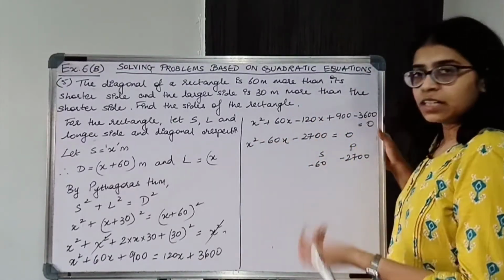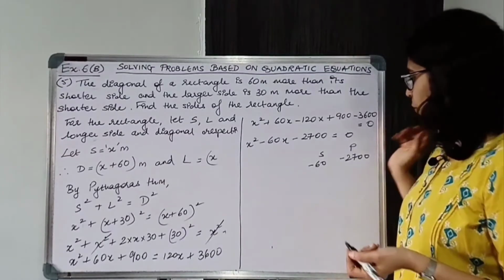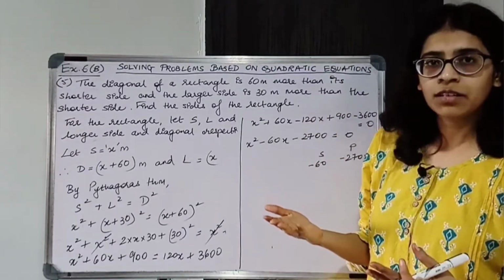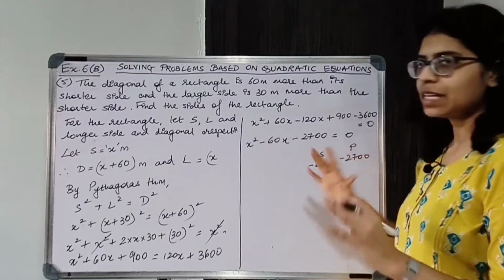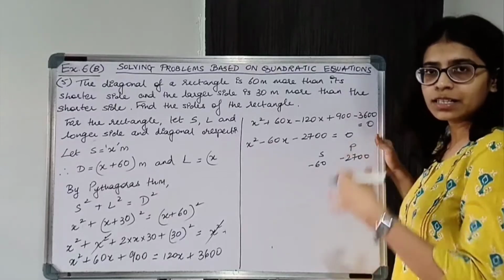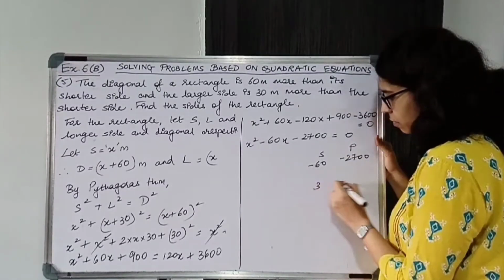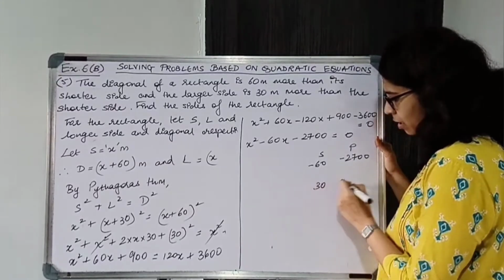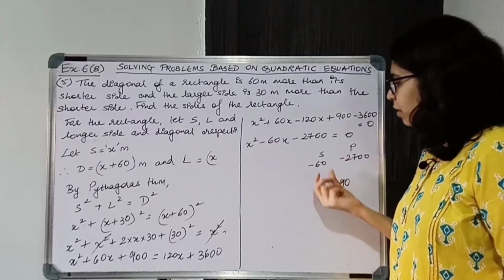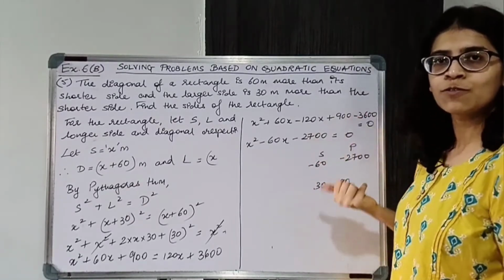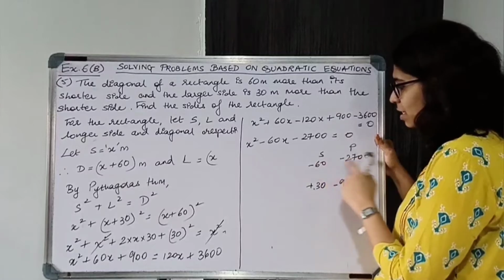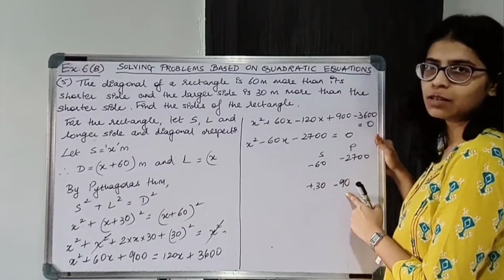So finding the factors of 2700. Now over here the difference is in tens, so we will consider multiples of tens only. So 27, what can the factors of 27 be? If we factorize 27, we get 3 nines are 27. Instead of that, consider 30 and 90. 30 into 90 will give me 2700 and the difference of both will give 60. Which one will be positive, which one will be negative? Sum is negative, so greater number negative, smaller number positive. So yes, it is satisfying both the conditions. So factors are plus 30 and minus 90.